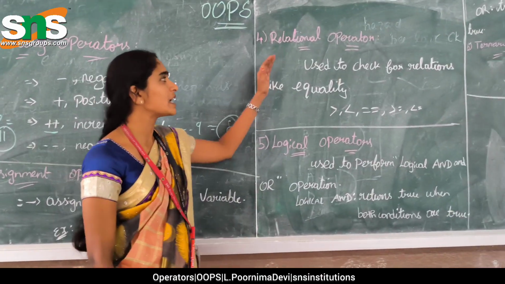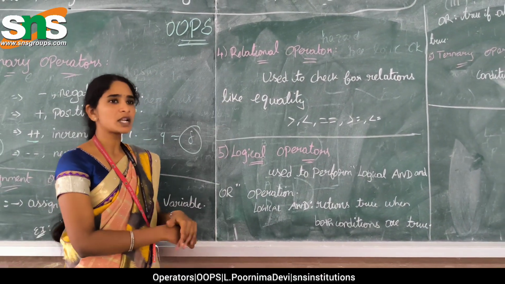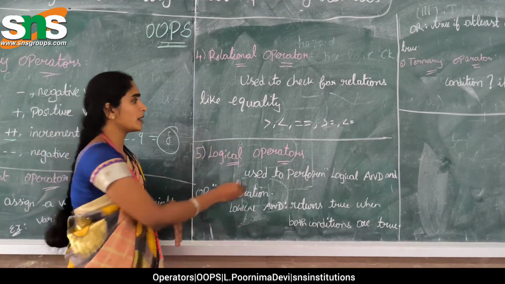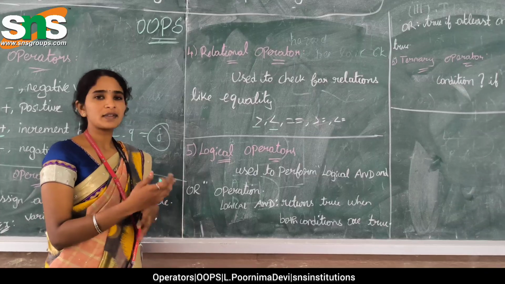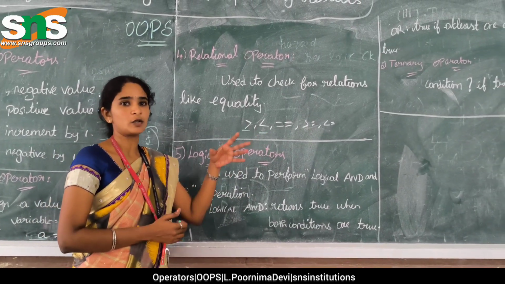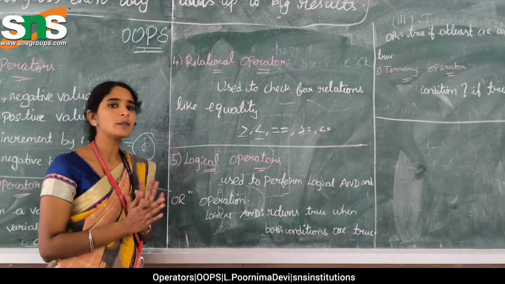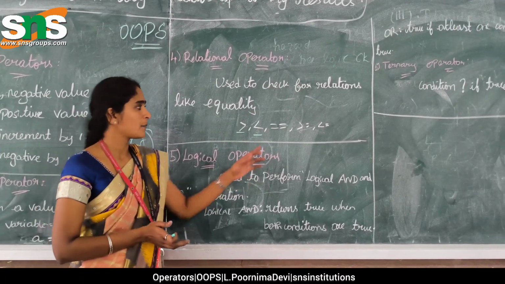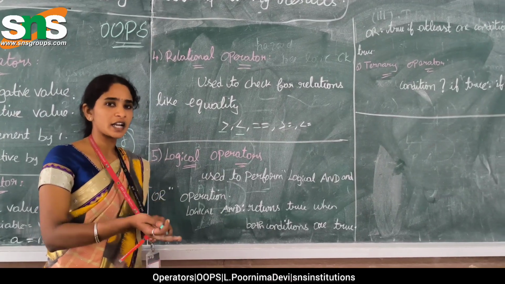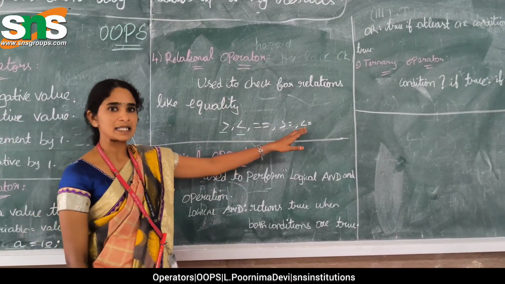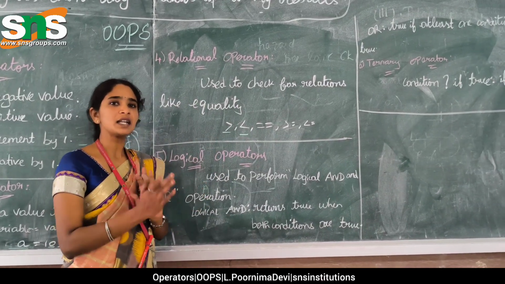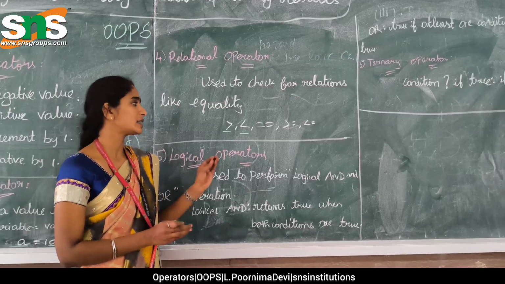Then we use the relational operators. In relational operators, we already know about the relation between two variables. We use greater than and less than, which tell us which is the greater value and which is the lesser value, and equal to. Greater than or equal to means greater than together with the particular value, and also less than or equal to. These are considered relational operators: relations between two variables, expressed with symbols.